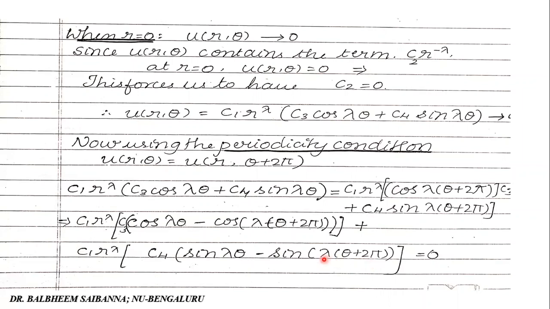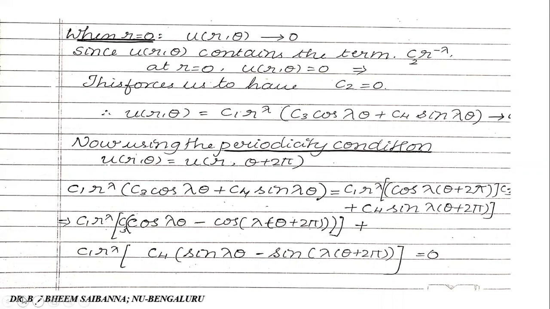What we are doing here is this: the left hand side term C1 r to the power of lambda is there, and the right hand side also has C1 r to the power of lambda, so clubbing them together, and the sine terms written together. From this equation we get it in this form. Look, it is a very important thing. The above equation is converted in the form: cos C minus cos D, sin C minus sin D. Then for cos C minus cos D, use the formula.